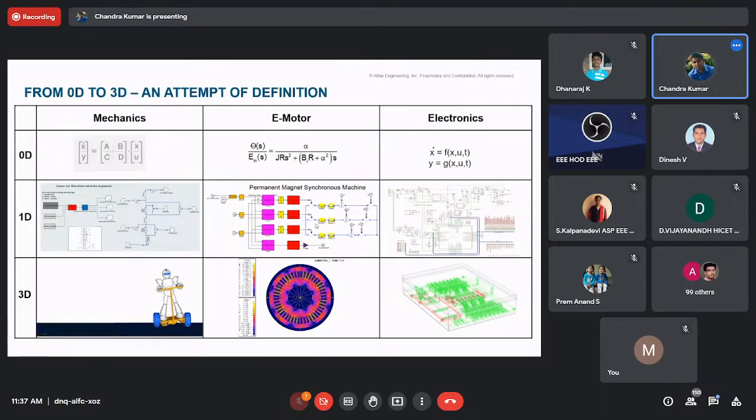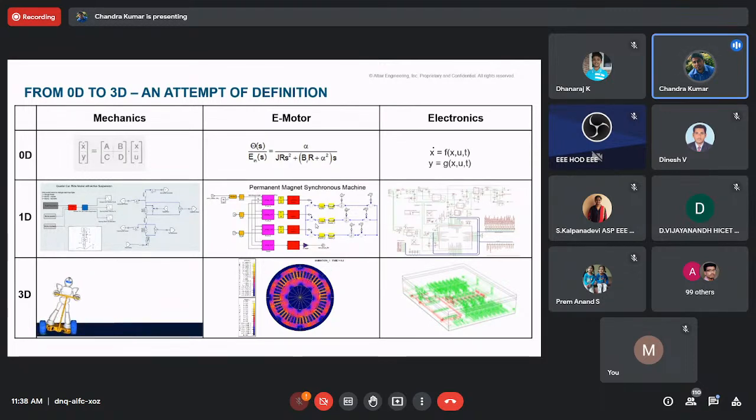Looking at this slide, how our technology is different. For example, you take an electric motor. An electric motor has three different fidelities of models. One is 0D, which is nothing but your first principle mathematical equations. And from the Park equation, you have 1D, where you do signal-based, physical-based modeling representation of a motor model. And then in 3D, we talk about detailed electromagnetics, with the tool called Flux, which is an electromagnetic tool on low frequency, where you can design by giving all the winding property, magnetic property, material property.